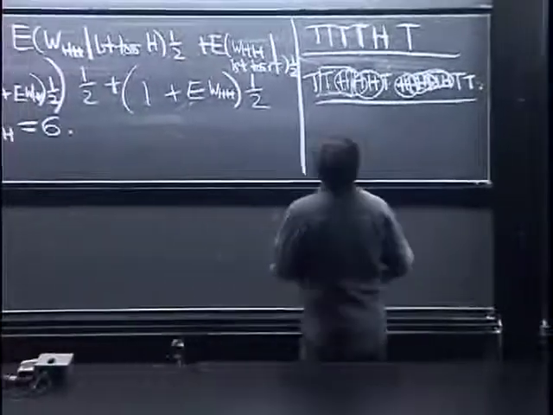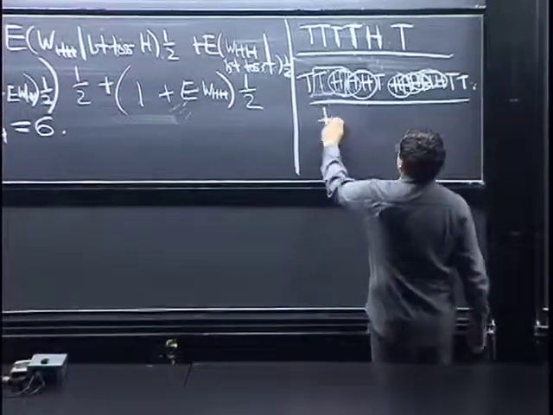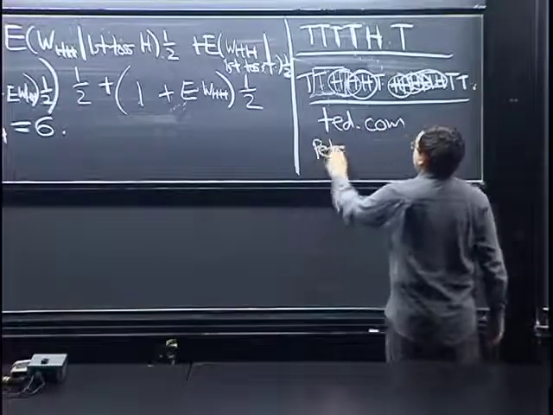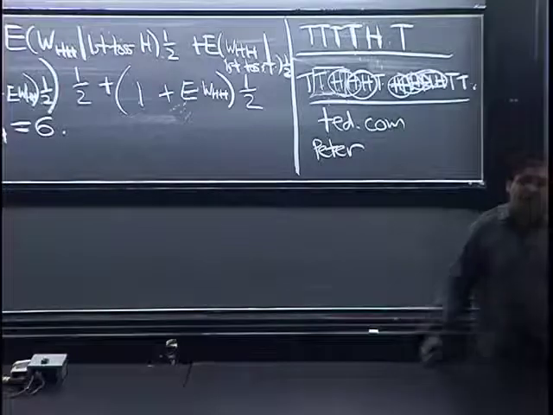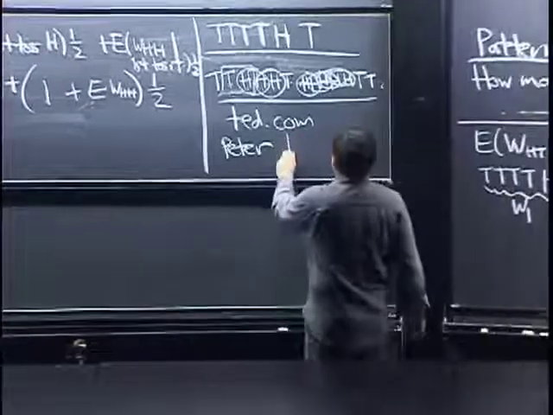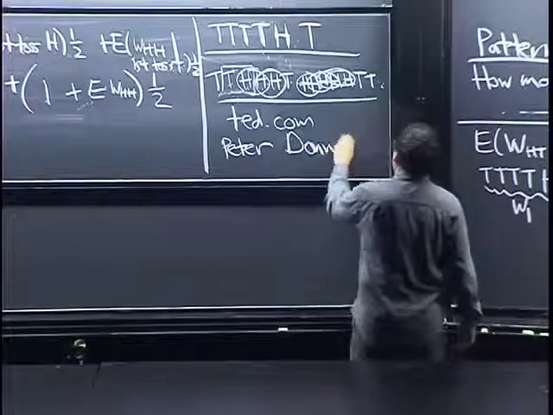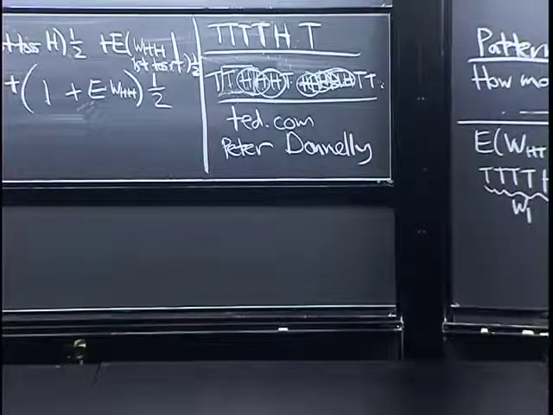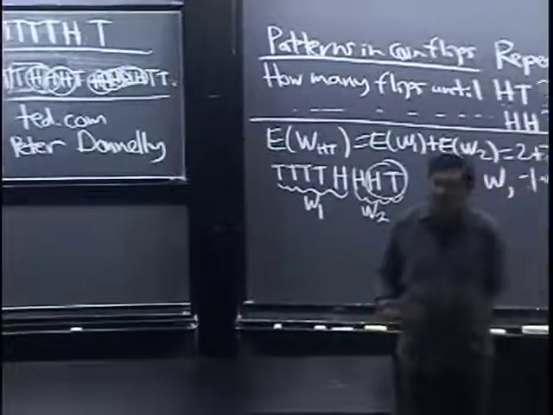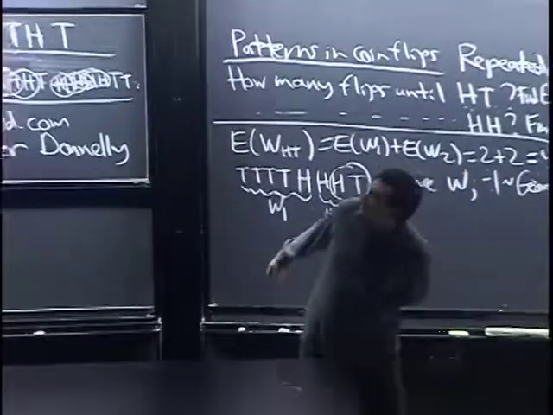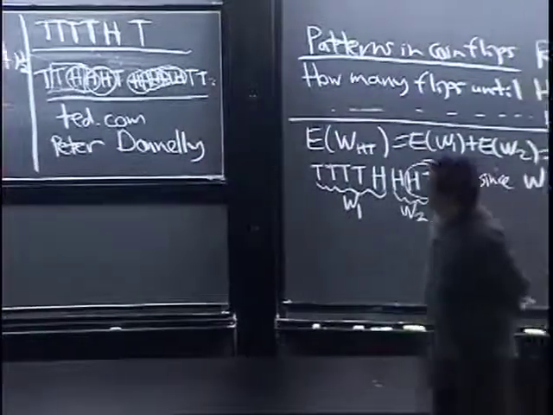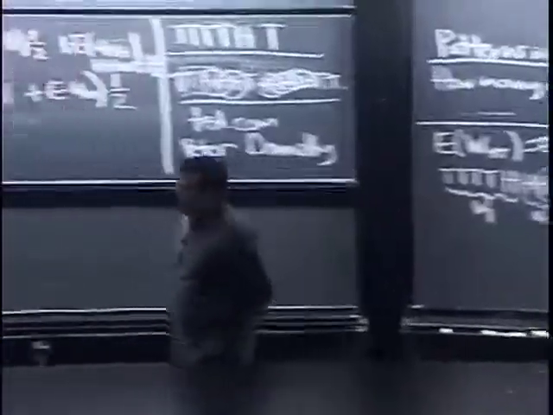And while I'm mentioning this, I'll recommend a TED talk. Peter Donnelly is a statistician who works on genetics, and if you go to TED.com and look for his talk, he mentions some interesting courtroom examples, statistics and probability in the courtroom, and he also talks about an example similar to this. It's quite a nice talk. Okay, so